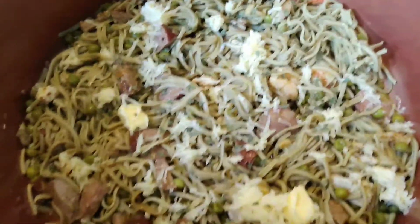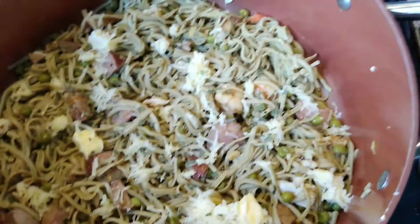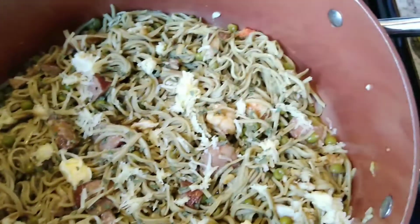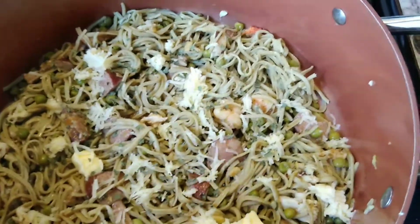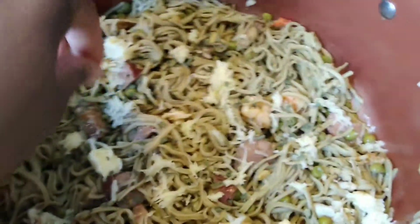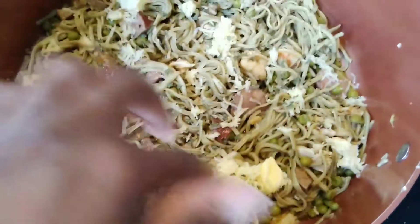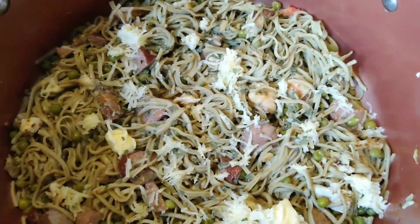So I'm just waiting for this to get some heat to it, because the meat is already pre-cooked, and we have shrimp, which is very tender. They're perfectly done. I don't want them getting tough. I will not have the heat going too long on it, just enough to melt down some of the cheese and the two bits of butter that I've added to the pan. And that's about it, you guys. I sprinkled some parsley,